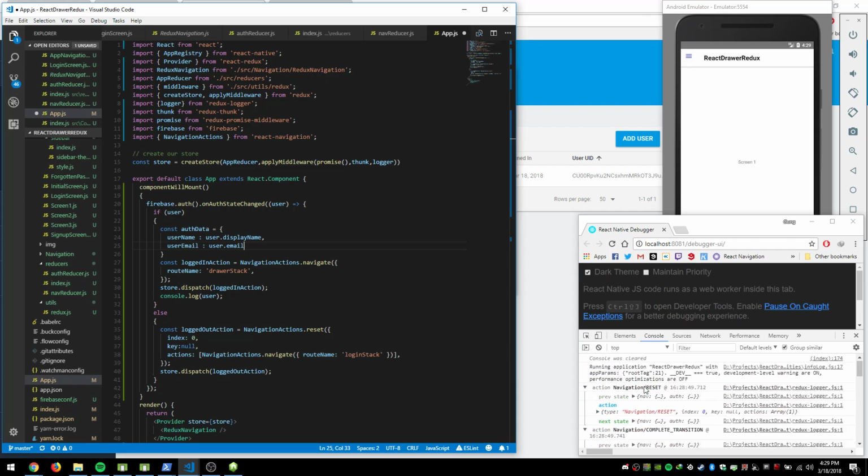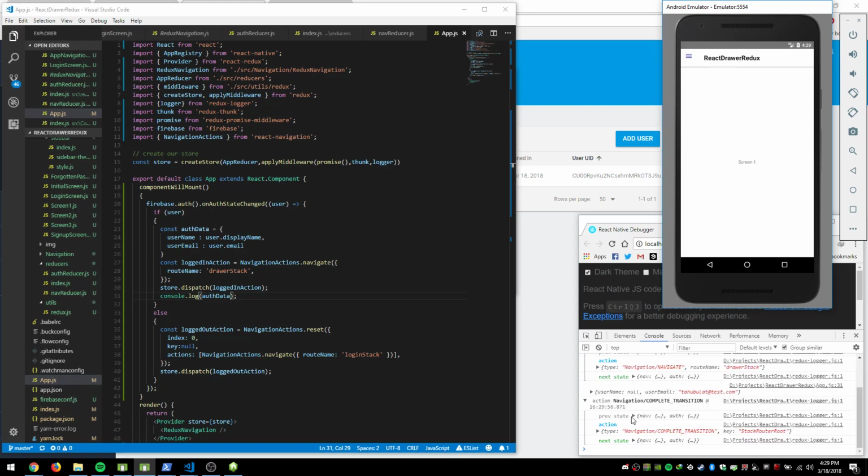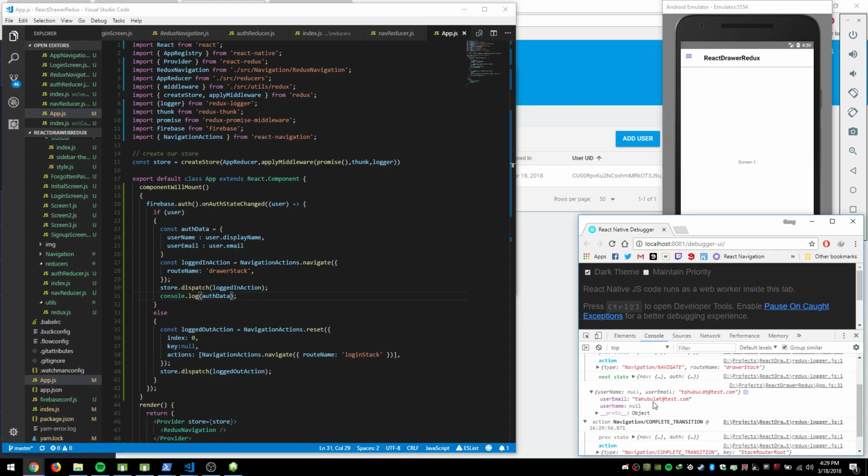Okay, so we can console log this in here so we can get this username. Why does it, oh yeah, because we don't set the display name in the data in